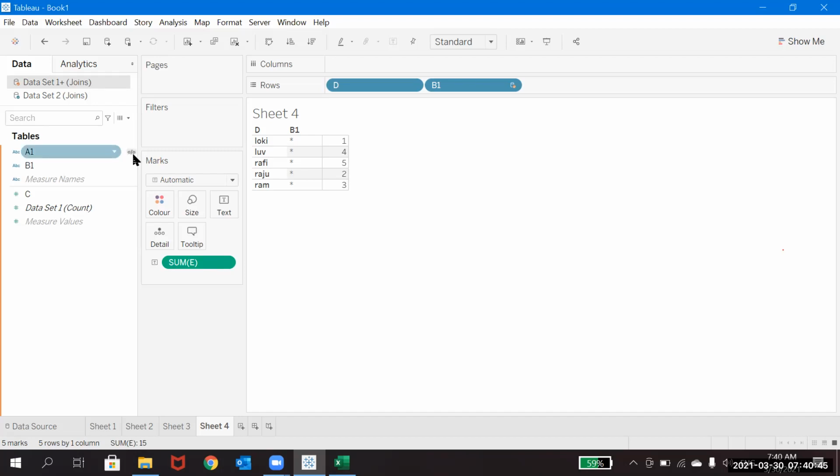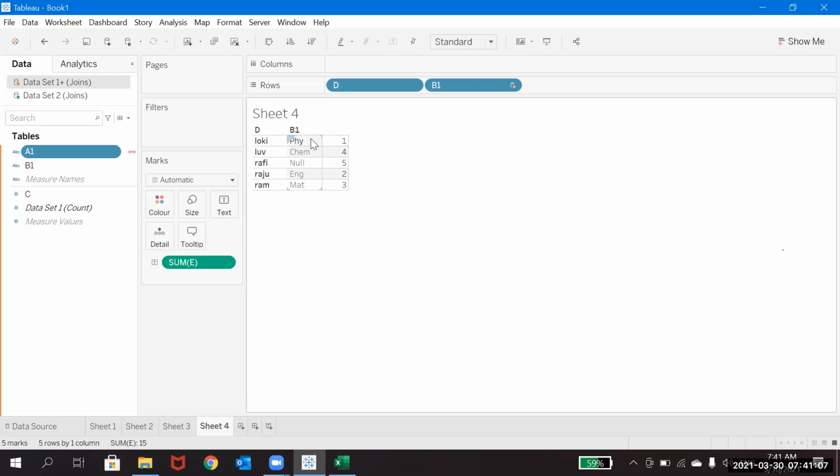If you go here and do this, it will show the values wherever applicable, and in between, observe there is a null. This means it is not there in the secondary data set, which is why it shows null there, and for the rest it shows the value.